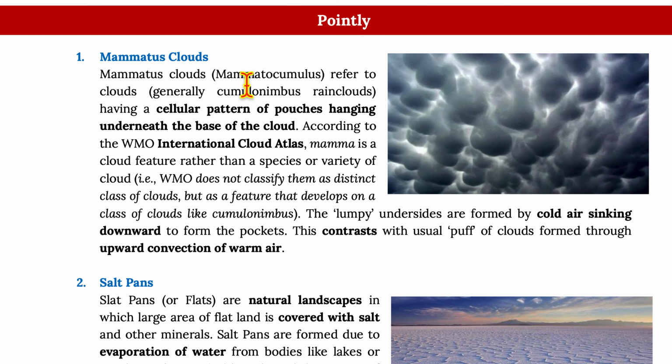Mammatus clouds, that is, Mammatus cumulus, refers to clouds, generally cumulonimbus rain clouds, that have a cellular pattern of pouches hanging underneath the base of the cloud. According to WMO, International Cloud Atlas, Mamma is a cloud feature rather than a species or variety of cloud. That is, WMO does not classify them as a distinct class of clouds, but as a feature that develops on a class of cloud like